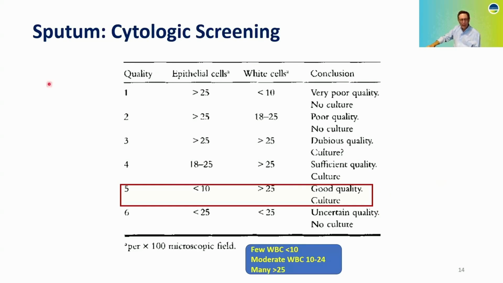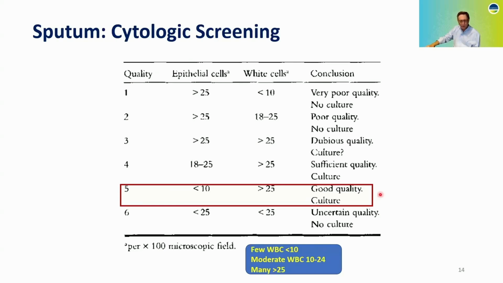And they correlated that with different cytological criteria. What they found is that less than 10 epithelial cells, which would be squamous cells from the mouth, and, if it was bacterial, where we expect to find lots of white cells, greater than 25 white cells, correlated best with the lower respiratory sampling done by the